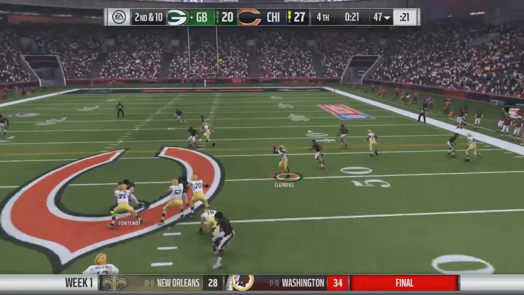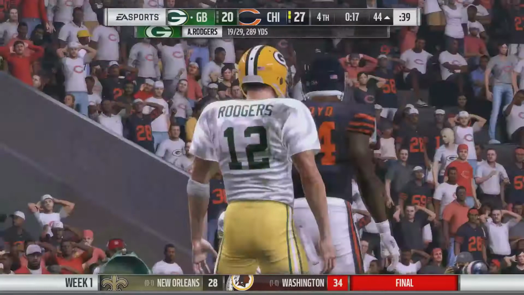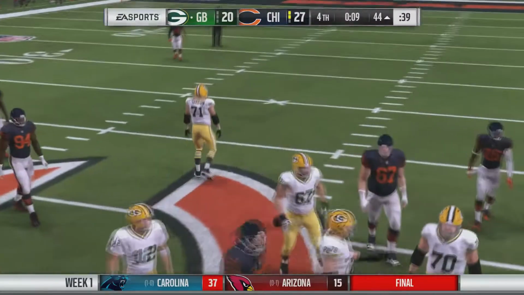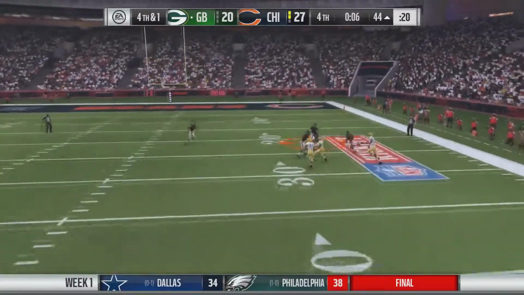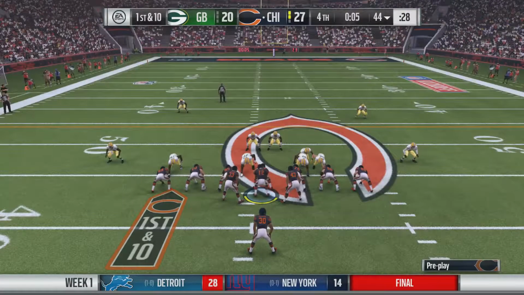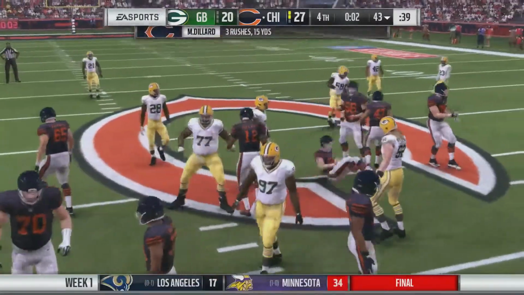So here we go, 2nd and 10, looking, quick throw over the middle. Clemens has this one, and that's in the middle of the field. No way to get out there. As Green Bay sets up again, 3rd and 1. They're going to spike it. It's going to be a 4th and 1. They need to get this into the end zone, and they're just going to throw it out. They're not even going to go for the first down. And so the Bears just knock it down and go into the victory formation